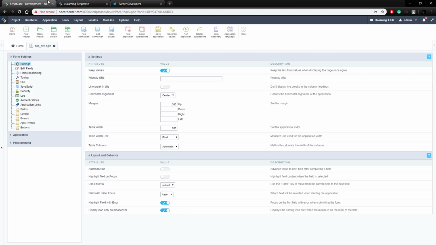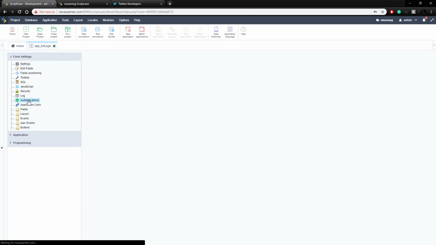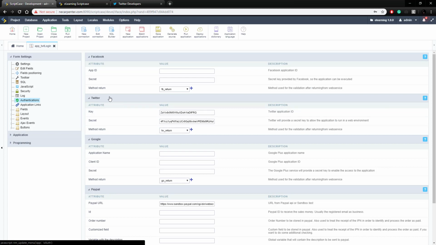And if you want to see the logic for how that's done, you can go back to the login application and you click on Authentications, and there on Twitter you have the key and secret that were just put in there, and then the method of return. It's going to call this PHP method TW return, and you can find that in programming, blue tab here, PHP methods,